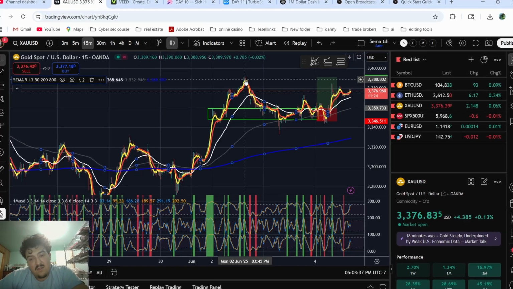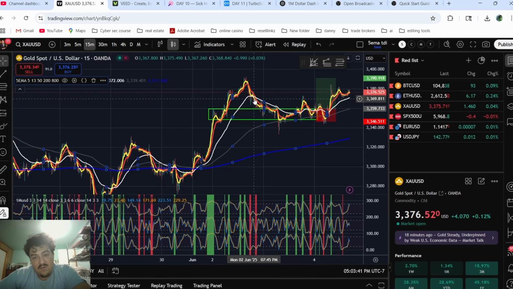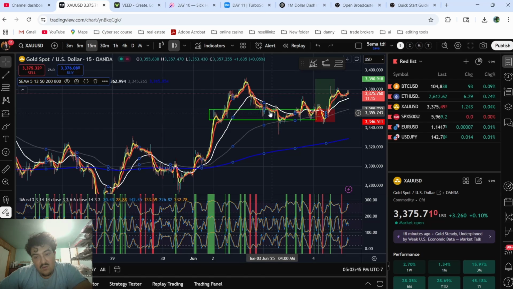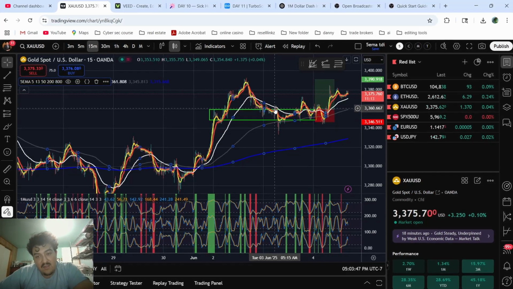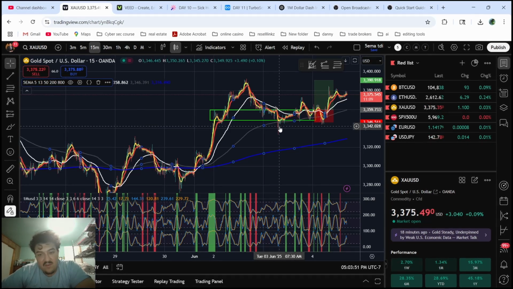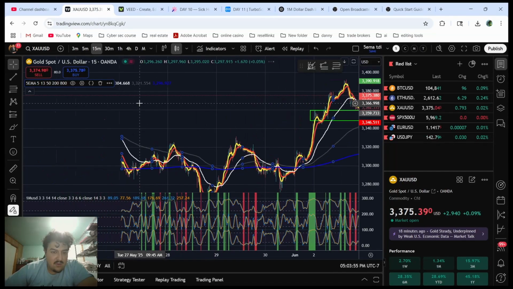Right here, it wants to go towards the 50. It goes to the 50, breaks through the 50, and then goes away from the 50. So come back to the 50, then breaks away from the 50. You see how the pattern is? That's current. Let's scroll